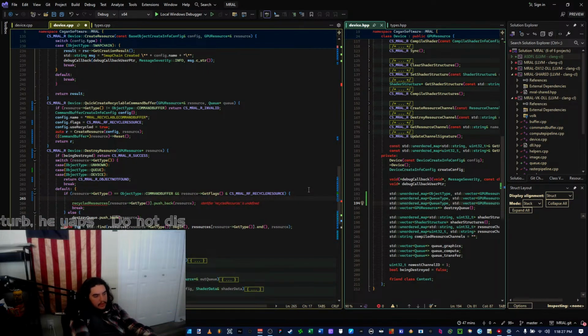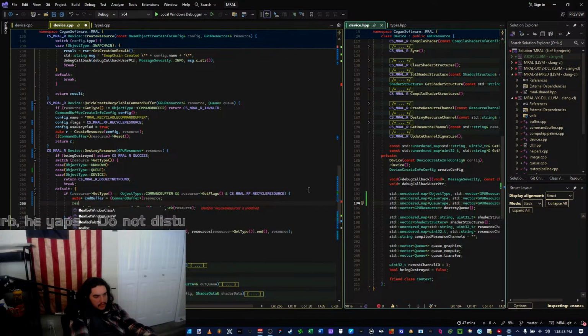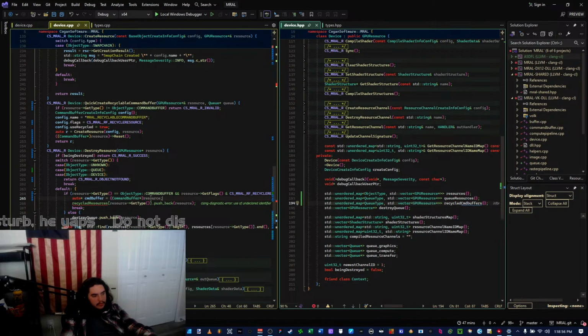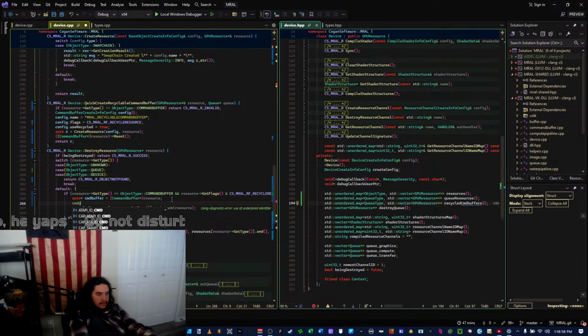I can do auto q equals, or command buffer equals, command buffer abstraction resource command buffer. Did I implement a way to get q? Get q. No, there is not. So I need to implement that. I'll assume that's there for now. What I'll do is I'll do